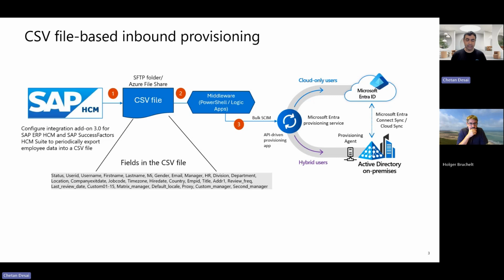Okay. And the details of that add-on and how to configure it, the reference to that is provided in our documentation. So essentially, it emits a CSV file that you can upload either onto an SFTP shared site or an Azure file share. And that's the completion of step 1. And then step 2 is where it gets interesting. So at the beginning of the call, I mentioned that we have this new capability called API-driven provisioning. So what it means is you can now push data from this CSV file into an endpoint that we expose.